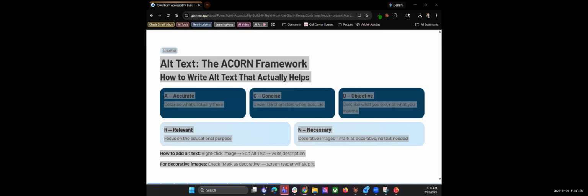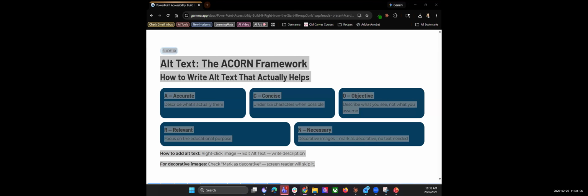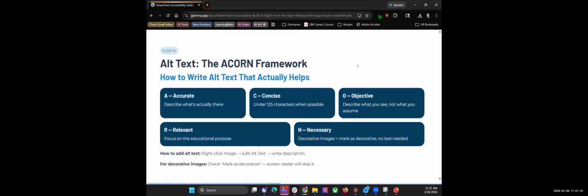And when I did that, notice how quickly the words popped out. So this is what the Acorn method is. So we have accurate, concise, objective, relevant, and necessary. So now you can see that if I use those things, I can write the appropriate alt text for those